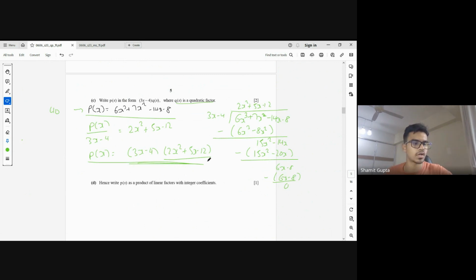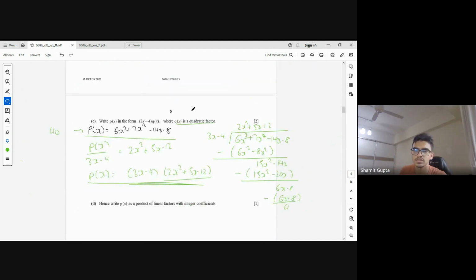Okay, so for some reason, when I put 2 inside this, I'm not getting 40. So that means our division might have messed up a little bit. Let me just check. 6x cubed plus 7x squared minus 14x minus 8. Have we copied the equation correctly? Yes. 2x squared minus 6x cubed minus 8x squared plus 15x squared minus 14x plus 5x squared, so minus 15x squared minus 20x plus 6x minus 8